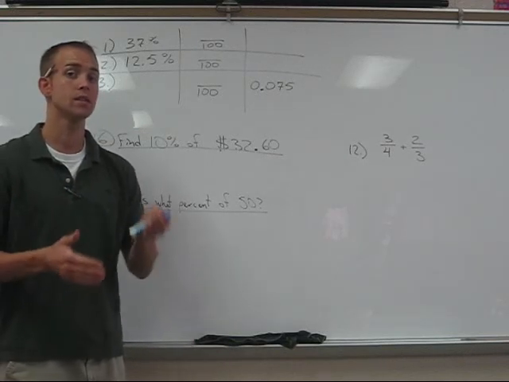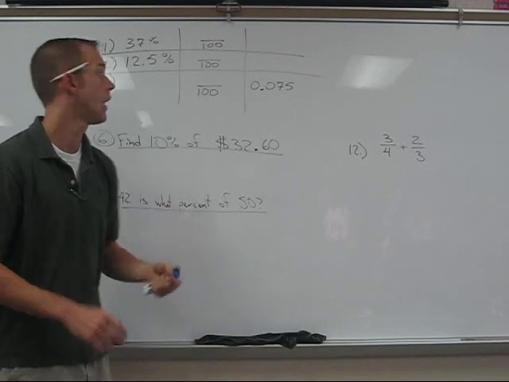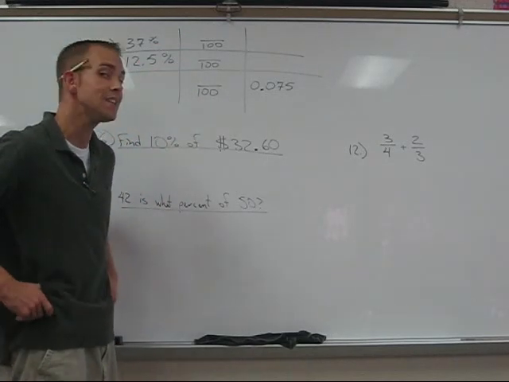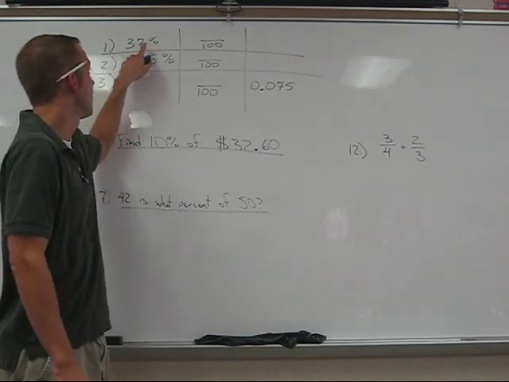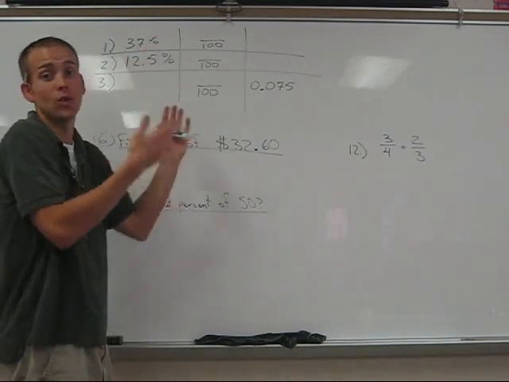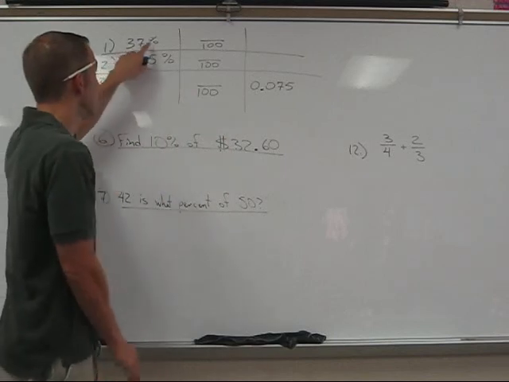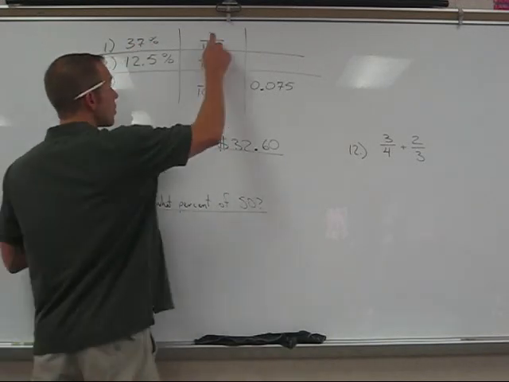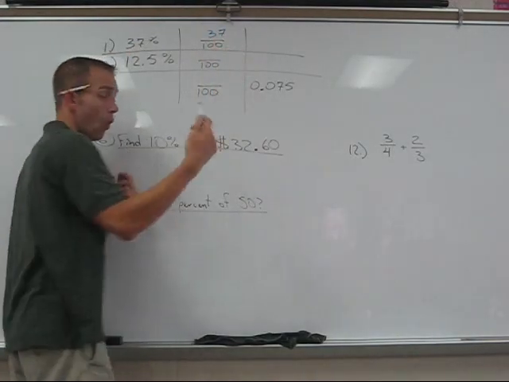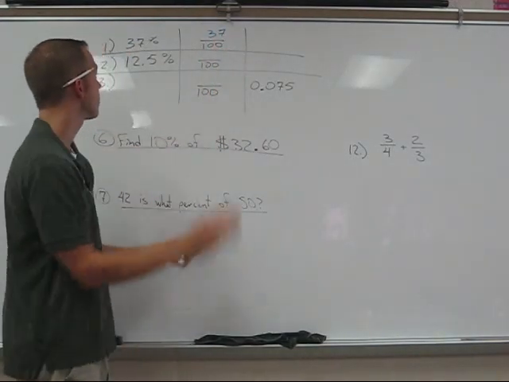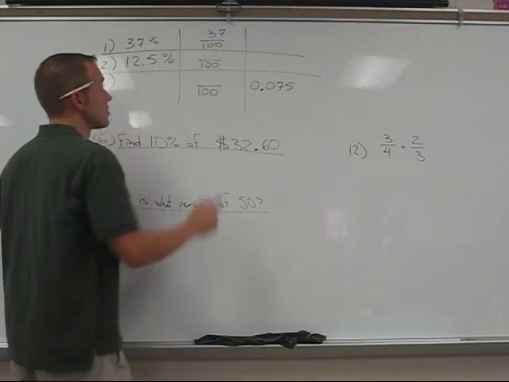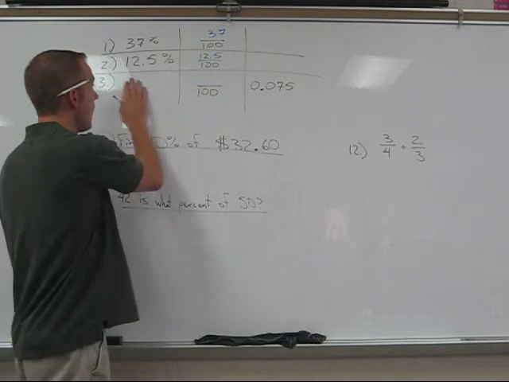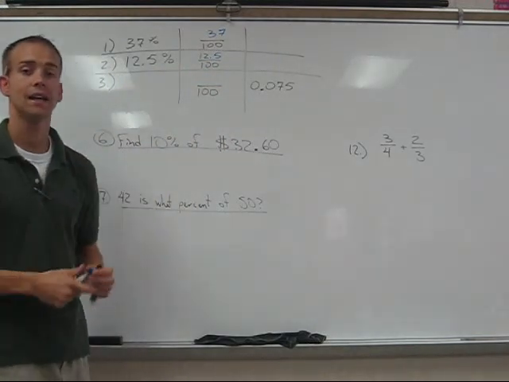So remember, because percent means out of 100, this middle column, what you'll be filling out, will be fraction form. And the neat thing about it is, it means what it says and says what it means. So when I say 37%, you can look at it as 37 out of 100. It's no joke. You literally just write 37 over 100. I put over 100 on all these. Honestly, you could just fill this number in. So we say 12.5 out of 100, same as 12.5%. Now, I don't know this one yet, but we're going to get to that.